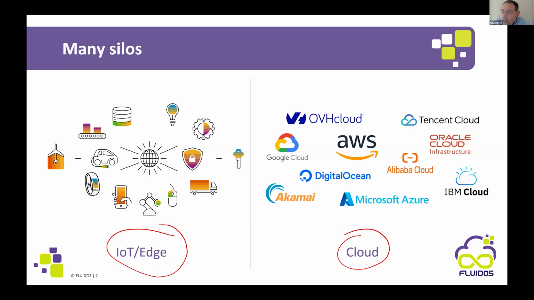Like happens when you take my smartphone or your smartphone and you want to use not only the CPU here, but also the CPU that I have on the laptop that I'm currently using in this presentation. So we have specific silos in which we cannot borrow resources from different silos. And this happens, surprisingly, not only at the edge and with normal devices like Internet of Things, but also in cloud computing.